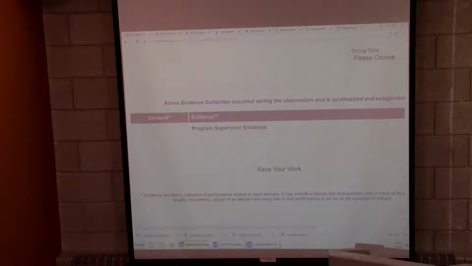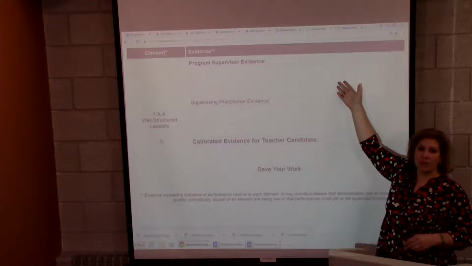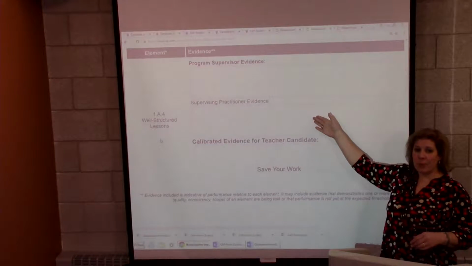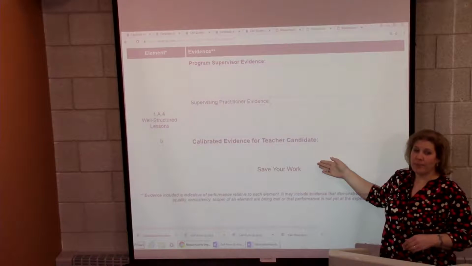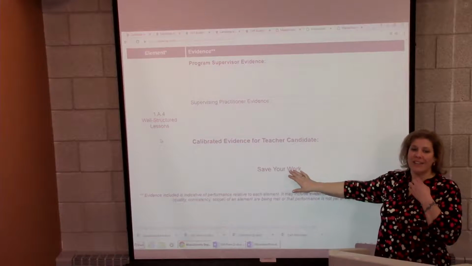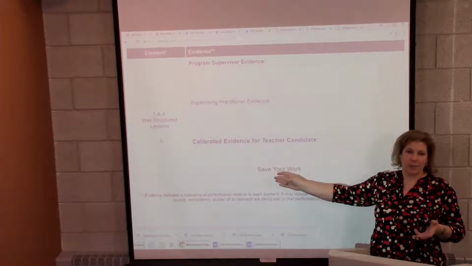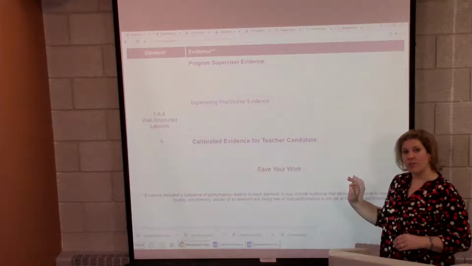So again, you filled out the top information about the lesson, and now you see for well-structured lessons, there are 3 boxes: program supervisor evidence, supervising practitioner evidence, and calibrated evidence for the teacher candidate. When you have finally completed the form, clicked Save Your Work, and there'll be a little button that will appear that says Complete,